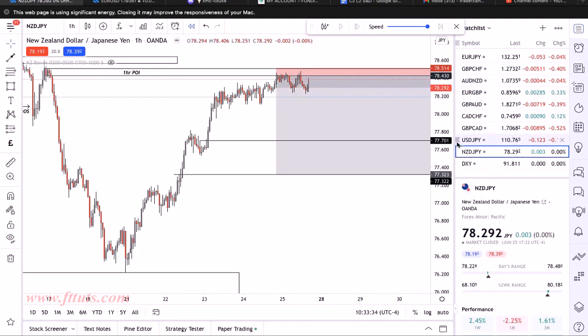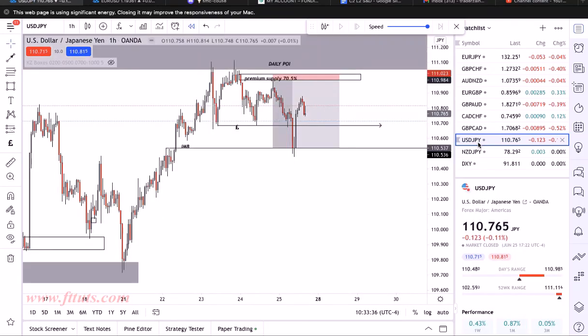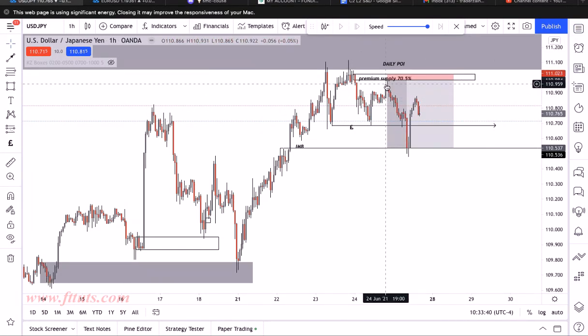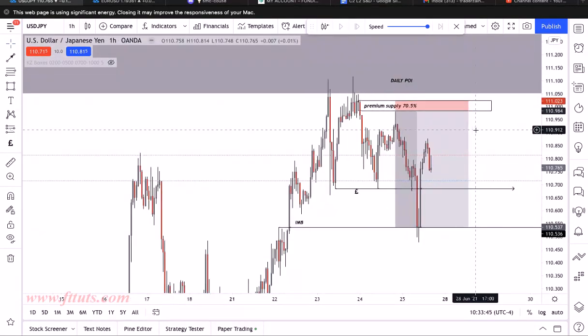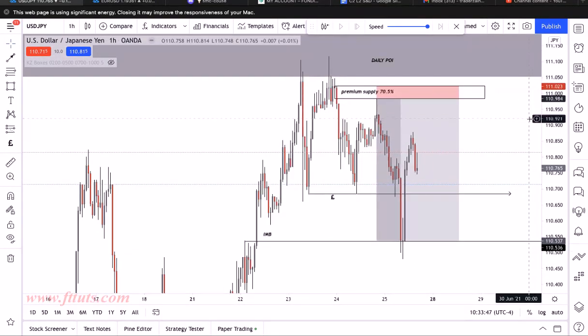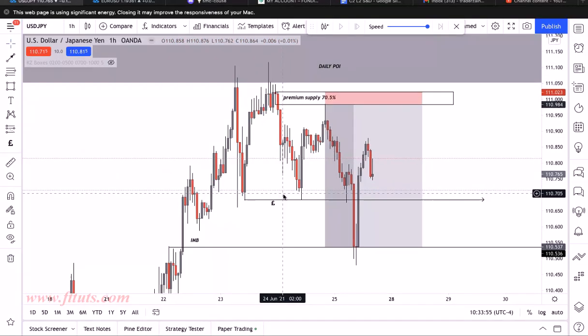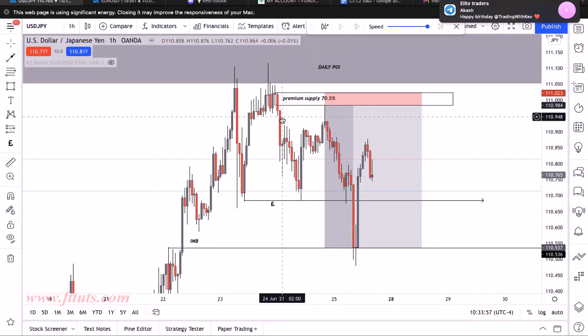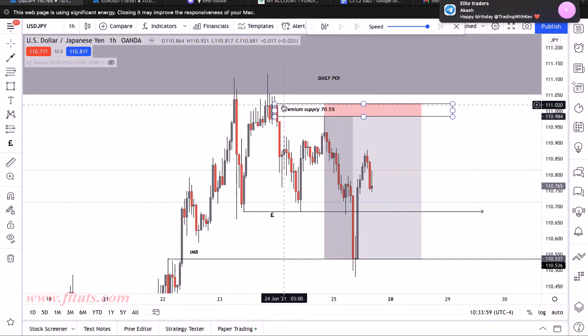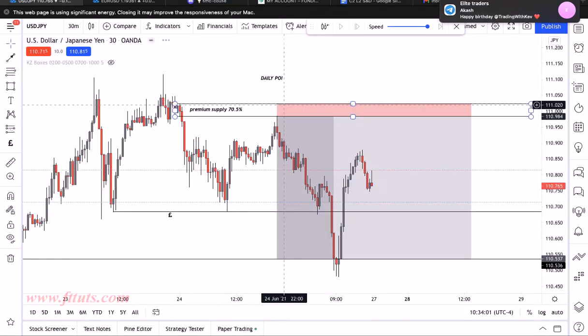NZD/JPY, USD/JPY, wide premiums, perfect. This is an example of a premium supply. Sweet. So we got a rally, a base, and a drop. That drop didn't break structure, but what did it do? Leave us some liquidity. So when price started to pull back and fill in this imbalance, I identified a zone